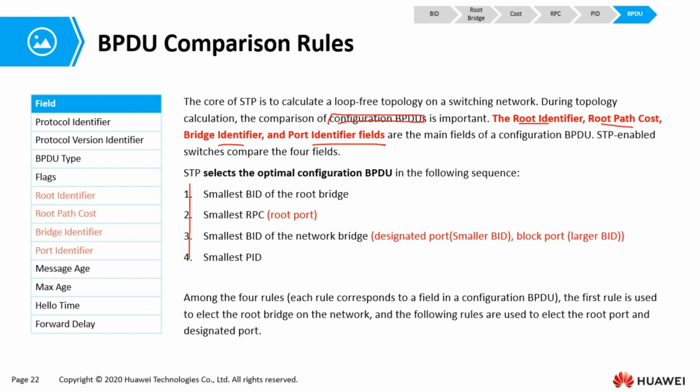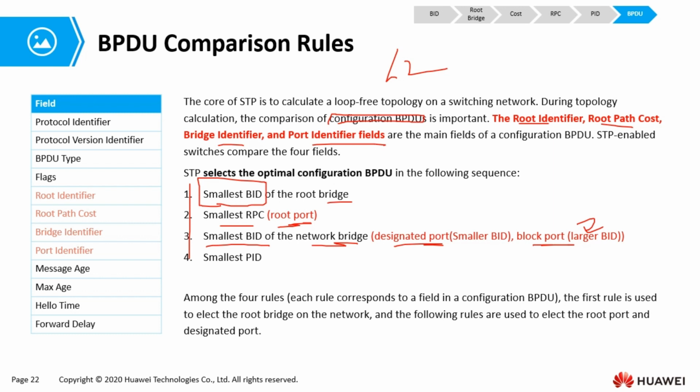First, we select the smallest. Always remember, in Layer 2 we look for the smallest. The smallest bridge ID becomes the root bridge. A smaller root path cost becomes the root port. Then the smallest bridge ID of the network's bridges becomes the designated port. And the port with the larger bridge ID becomes a blocked port. And then the smaller